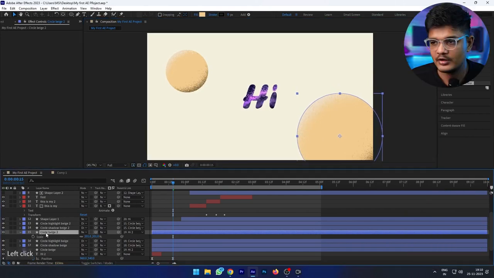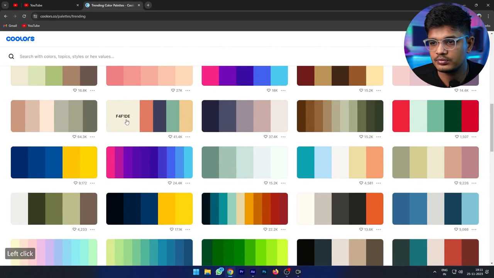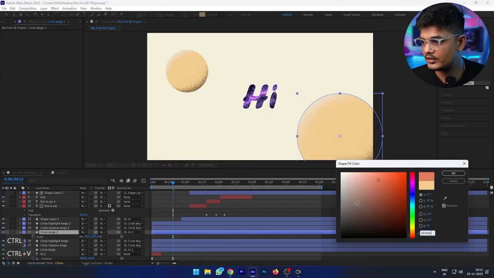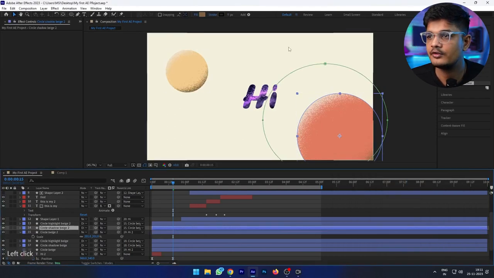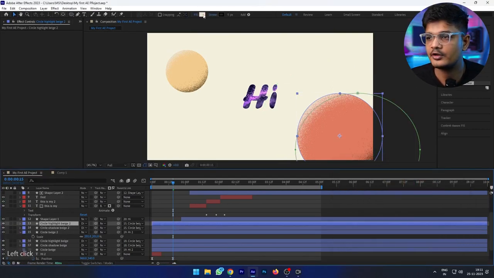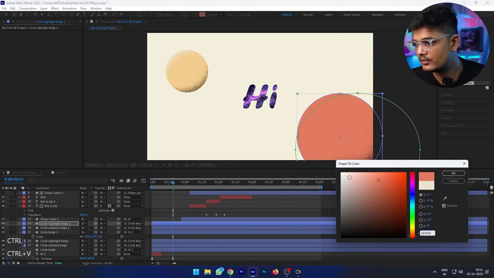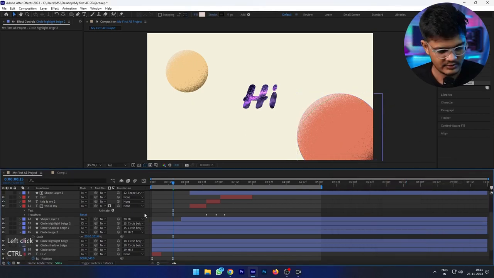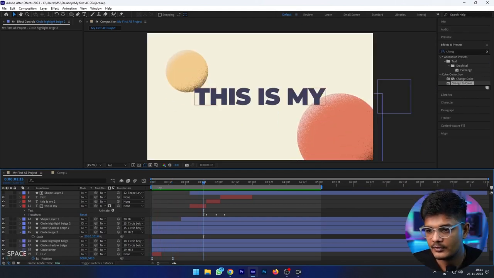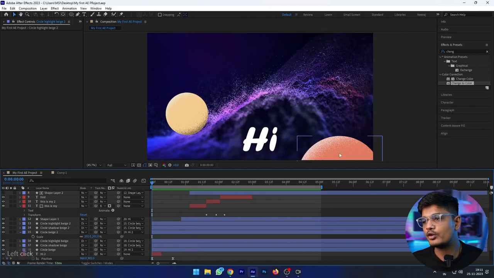Okay. Let's change its color to this color, change the shadow color to this color, change its highlight color to this color. Okay. So it's looking like this now, but we want both of these.